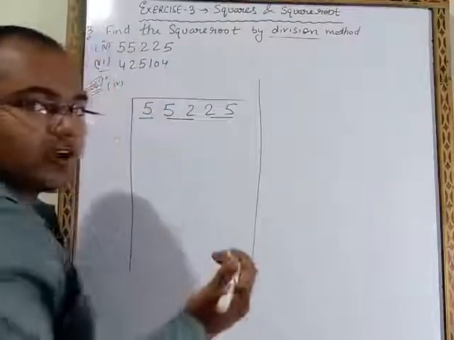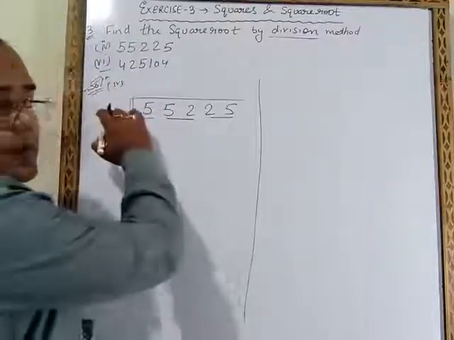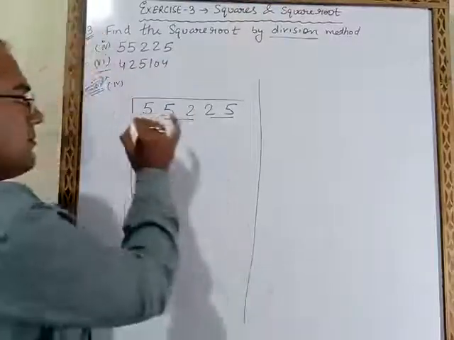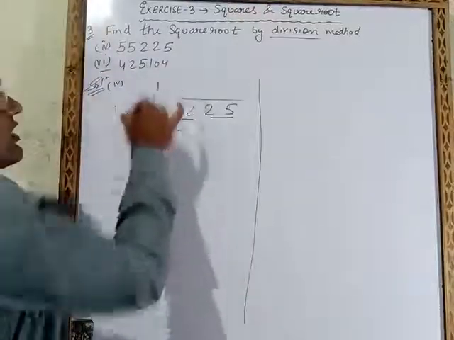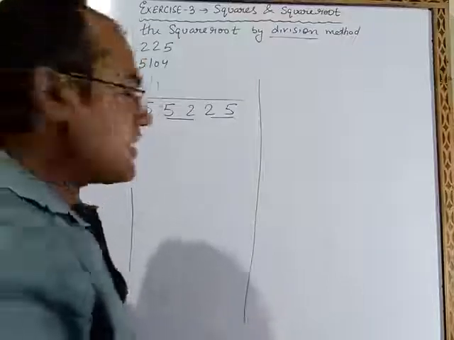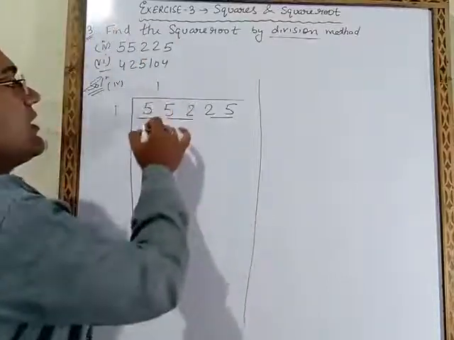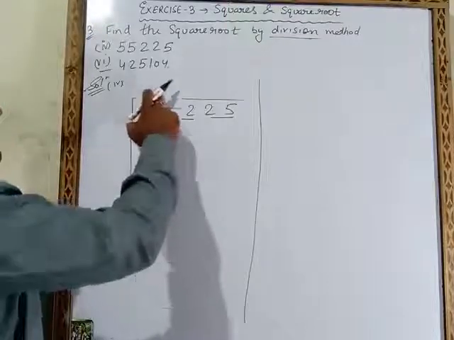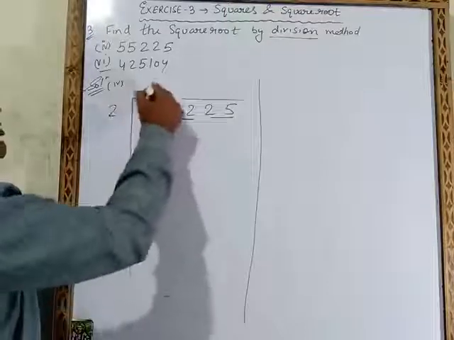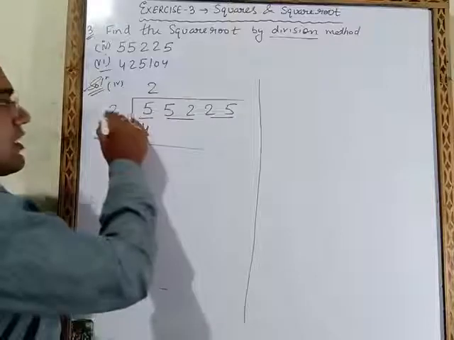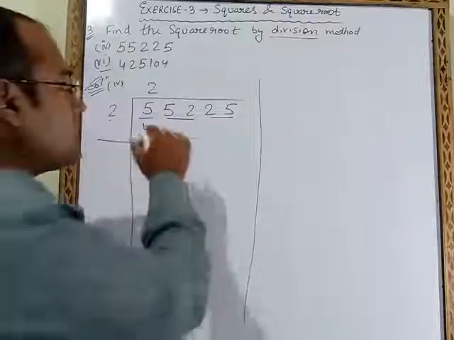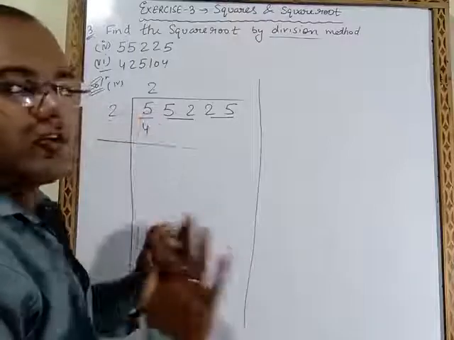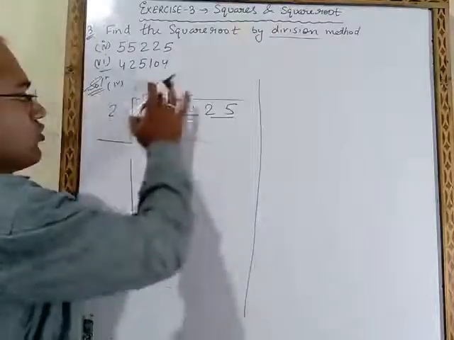Now next step, what you have to do? Same number you have to write here also and here also. Suppose if I write here 1, then here also I have to write 1, and we have to multiply it. 1 1 ja 1. Like this we have to do. So here we will take 2, 2 2 ja 4. We will not take 3, because 3 3 ja 9 will be there and 9 will become greater than 5. So we will not take 3. So 2 2 ja 4.